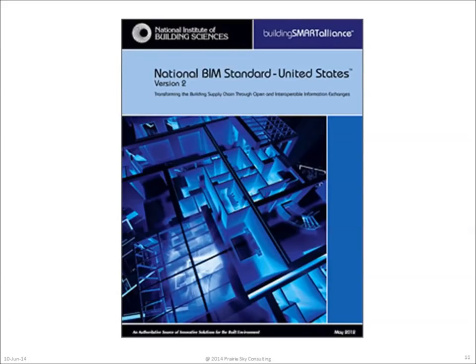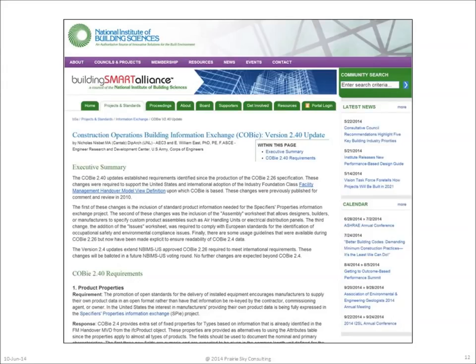COBie is part of NBIMS version 2, the U.S. National BIM Standard published in March of 2012. An important aspect about this national standard is the specification of the way that information can be transferred between the spreadsheet version and the IFC version of COBie. Since its initial publication in March of 2012, some additional changes have been included in the current version of COBie,